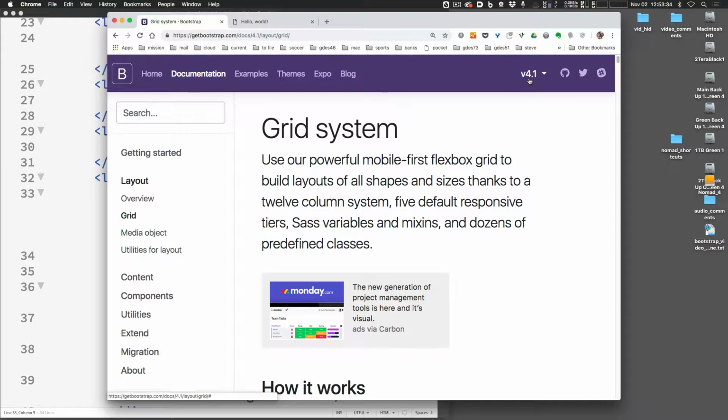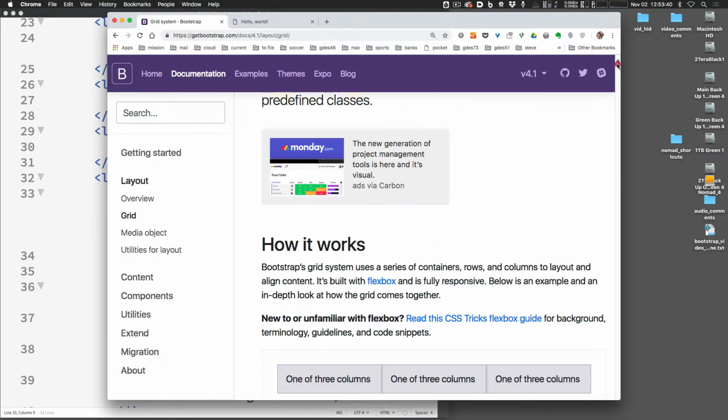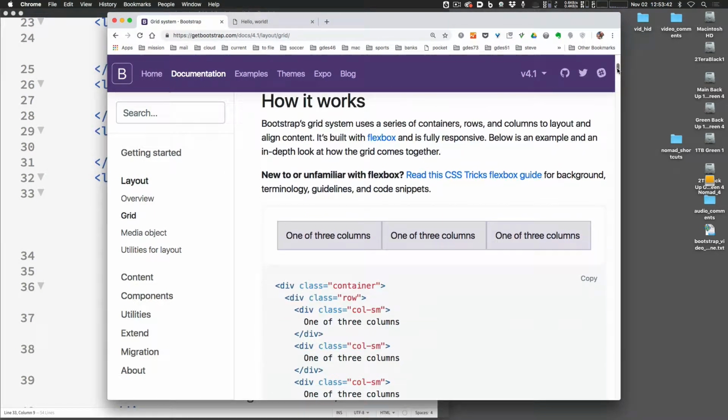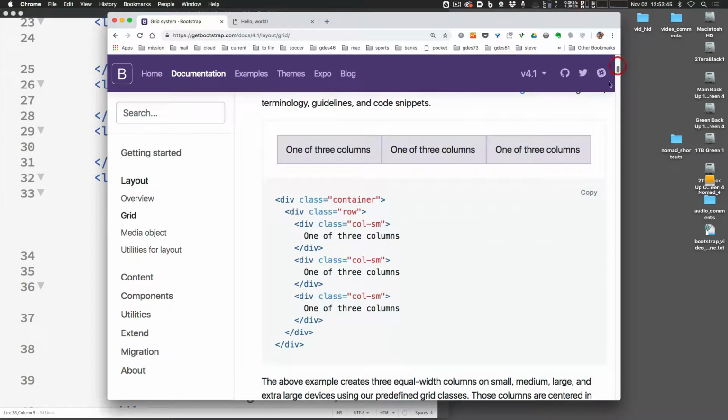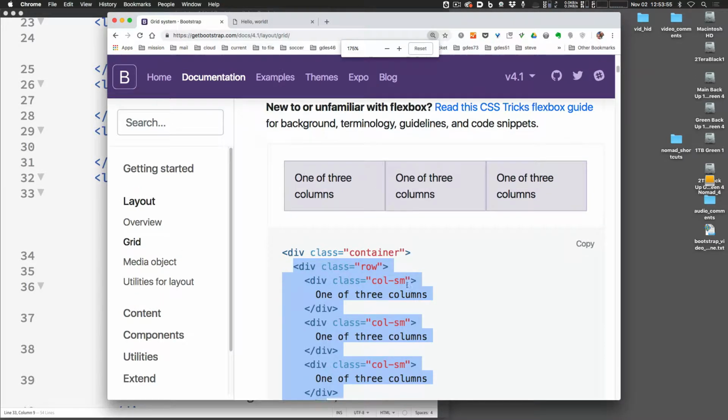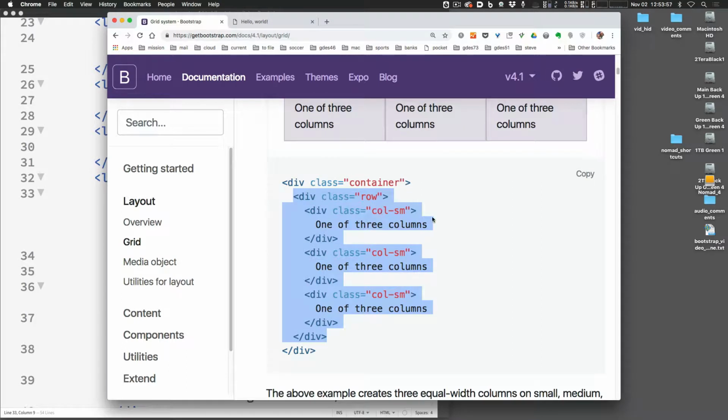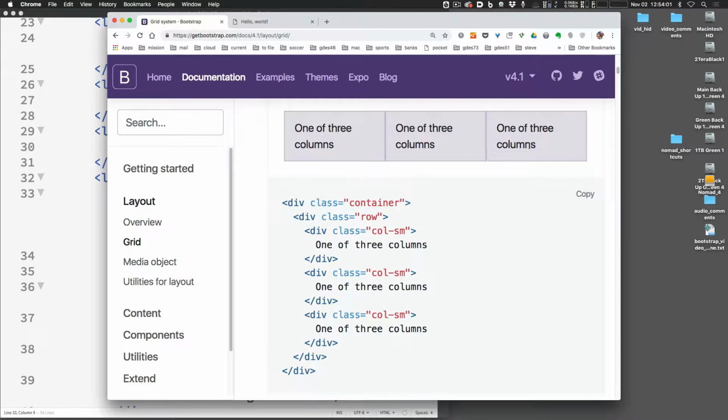But when they went to version 4, they went to Flexbox as a basis instead of floats. So they're kind of doing some of the stuff that we did with Flexbox, or have done already, and they baked it into their system. So here's what this looks like with 3 columns. There is the container that we already have. You add a row here. Let me make this a little bit bigger. So you add a row every time you want a row, and then you add a div for each of the containers here, each of these